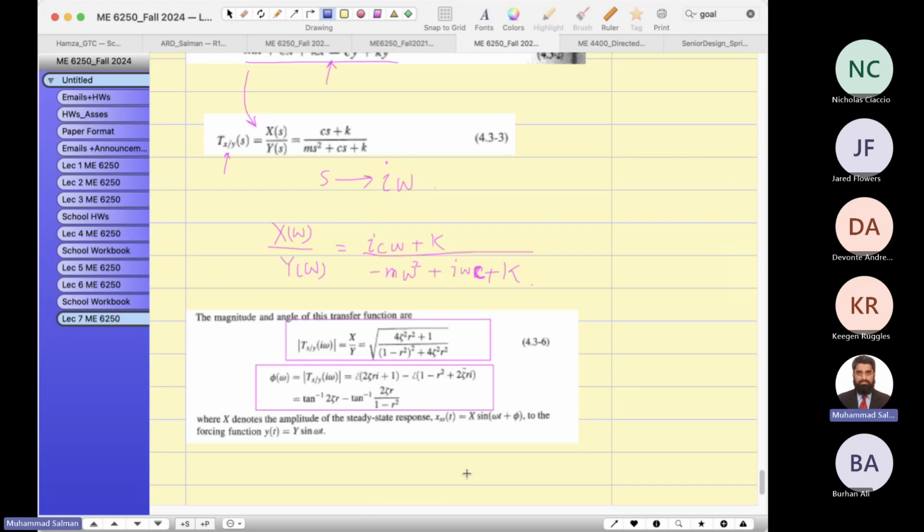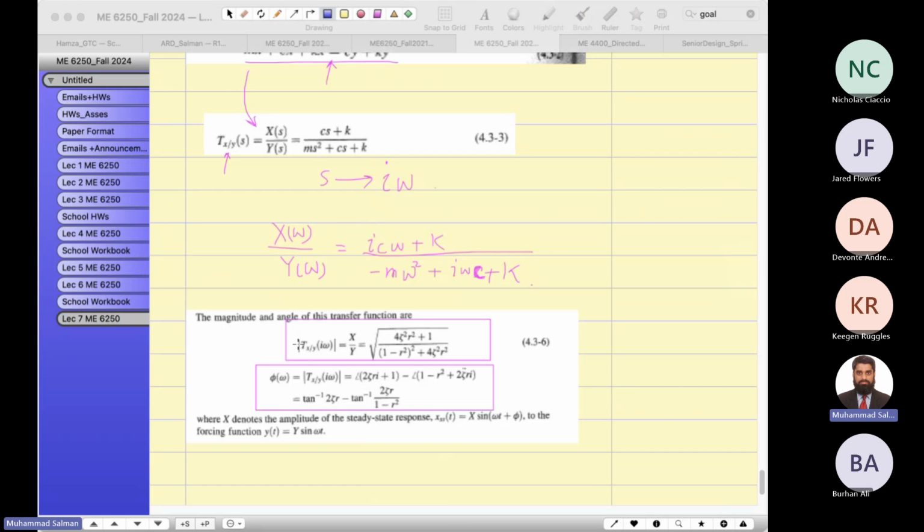where x is the displacement amplitude of the steady state response, and y is the forcing function, which has the amplitude big Y. So these are the two formulae for the displacement transmissibility. How would you find out the force transmissibility? So let's go to the